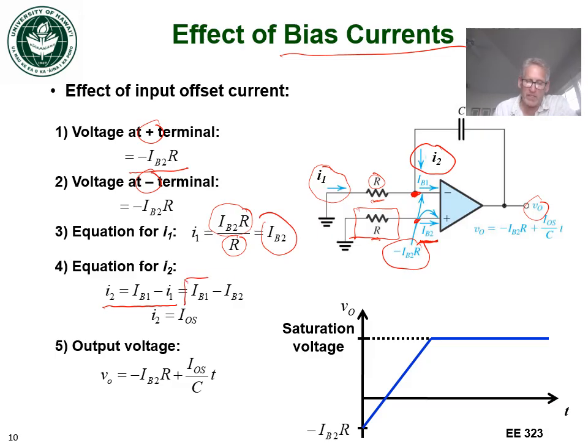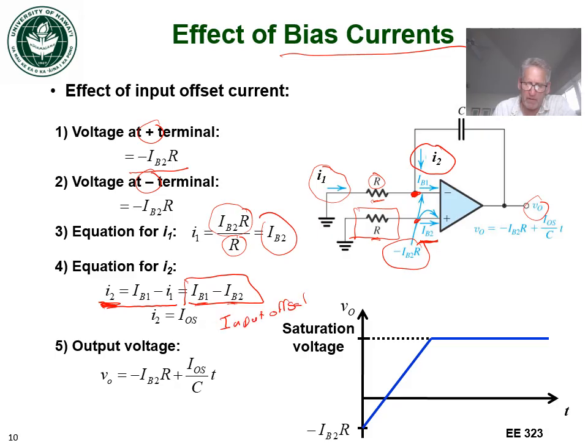So what we see here is that I2 is equal to IB1 minus IB2. And if IB1 and IB2 are perfectly matched, then I2 is equal to 0 and we get no output, which is great. But if IB1 and IB2 are not matched,